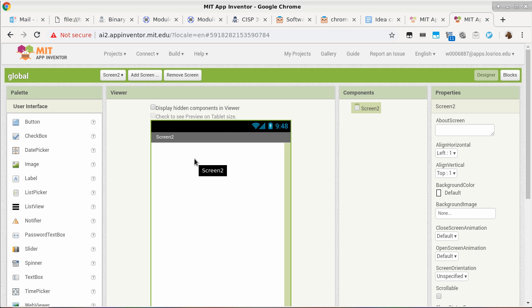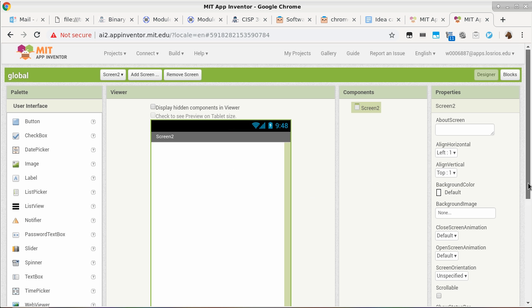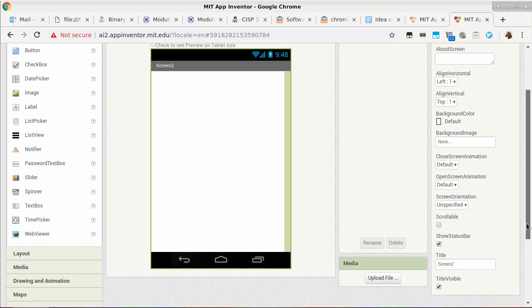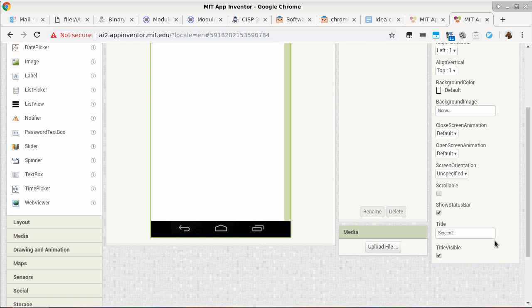It is not shared. All right, so now that we have selected screen 2, let's go through properties again and see what the differences are. The first thing is you do not see the app name anymore. App name is not a part of it. And then the second one is version code and version name are not here either. So screen 1 is special because only screen 1 contains those properties. Screen 2 does not have those. Are we good so far?